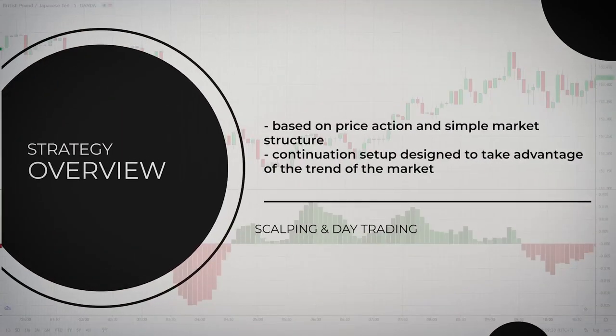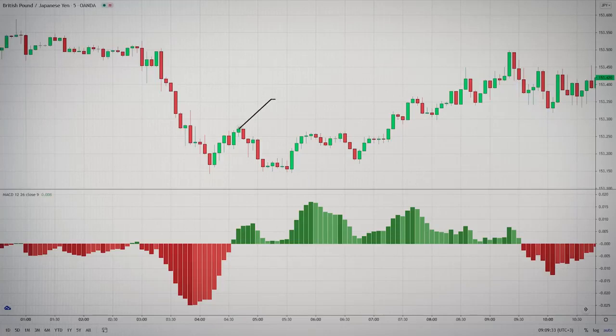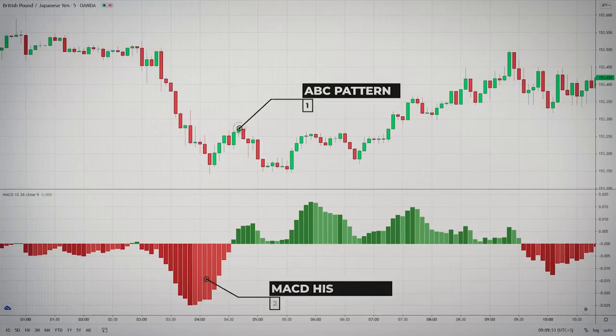Now let's get started. This scalping trading strategy is based on price action and simple market structure that any trader should know. The strategy is mostly used as a continuation trading setup that is designed to take advantage of the trend of the market, using a simple ABC pattern and the MACD histogram. And even though it's a continuation pattern upon confirmation, it can also be used as a reversal pattern from the